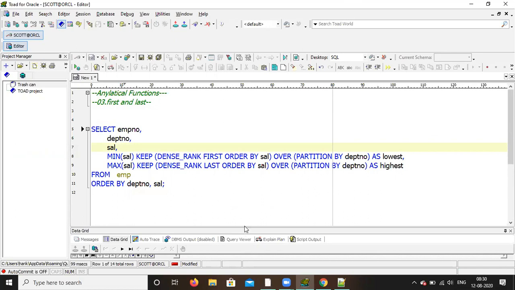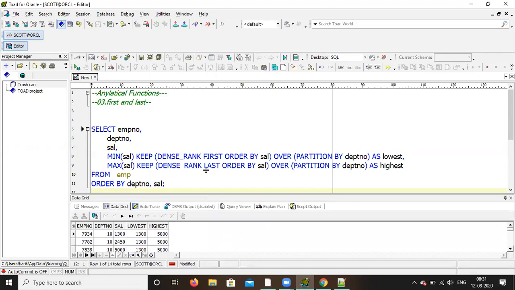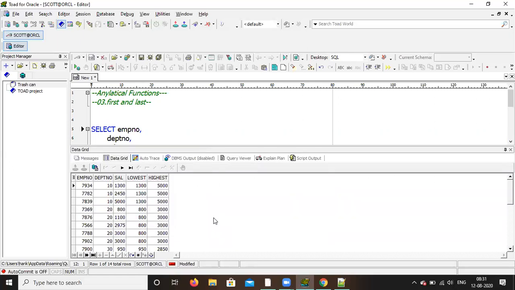Okay, you can run it. Okay. So you'll get the same output. So you can see here, department 10 for all the employees, this is the lowest, the highest.